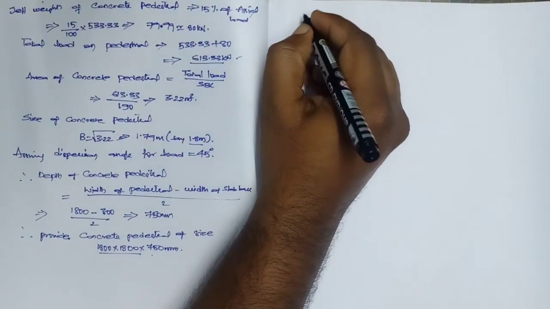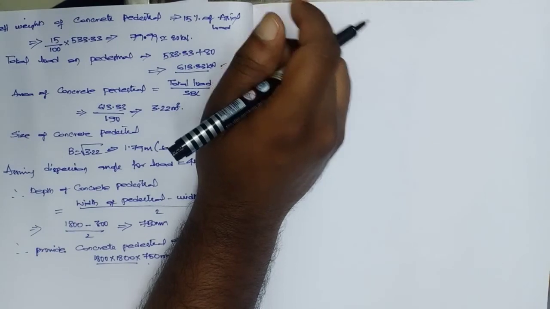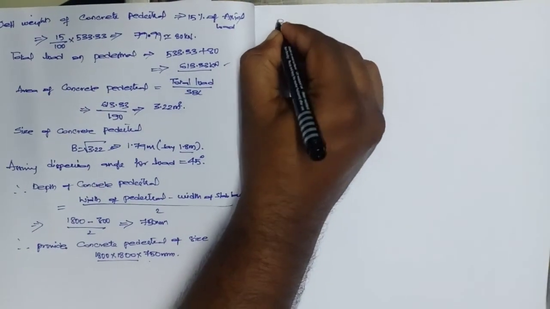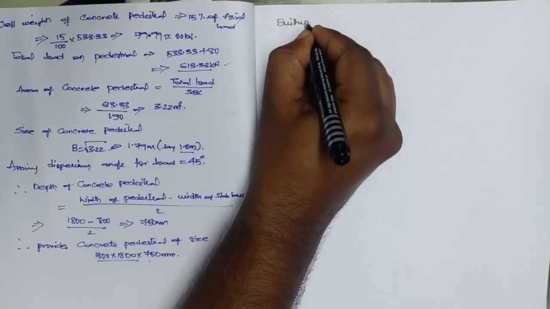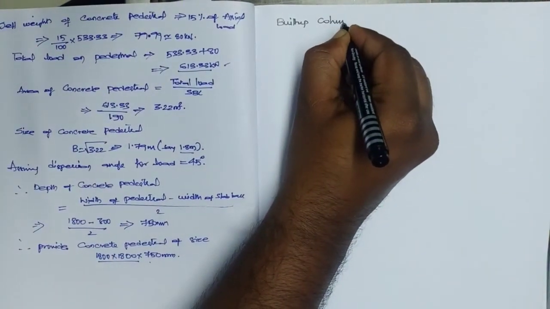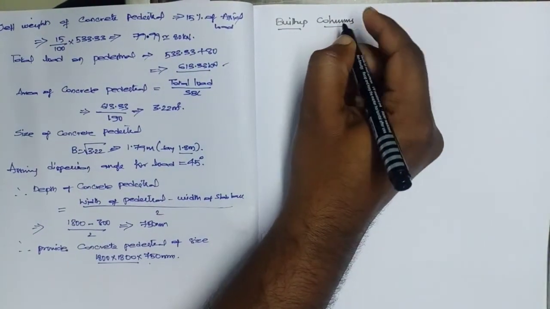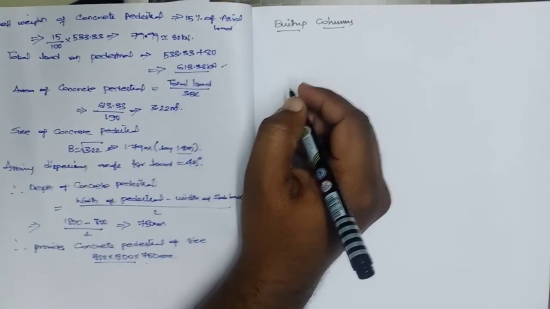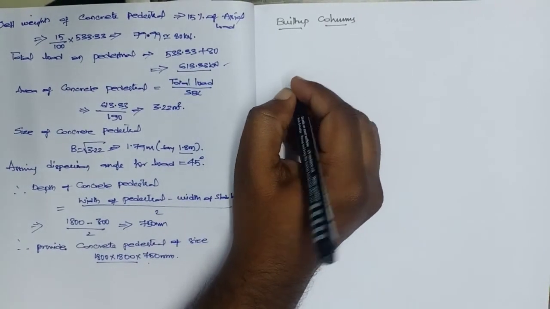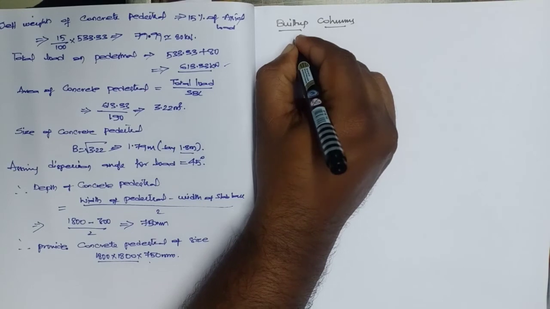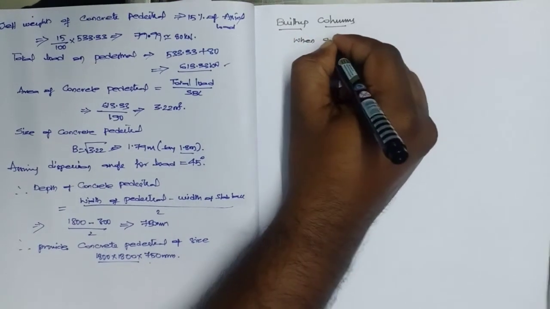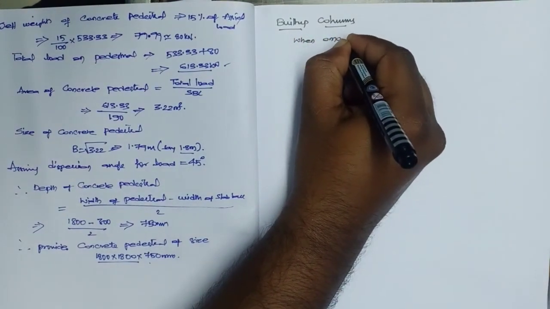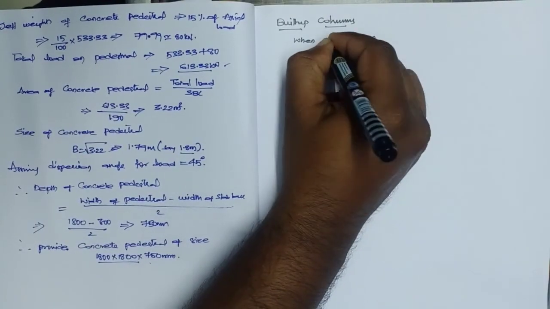Next, we'll try to move for one more small topic, that is built up columns. Built up columns. Okay, now here what are these built up columns? Means when more than one